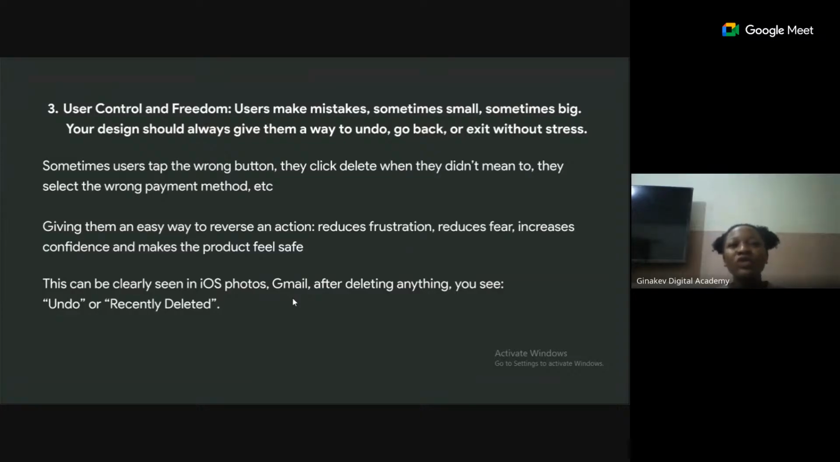So let's say you want to delete something in your phone, and then you delete, but at some point find out that there are some things you're not meant to delete. Now if these applications or systems do not have a functionality where you can go back and recover the photos you deleted or the document you deleted, it will be hard for you. You feel frustrated. So you have to give them an easy way to reverse their actions,